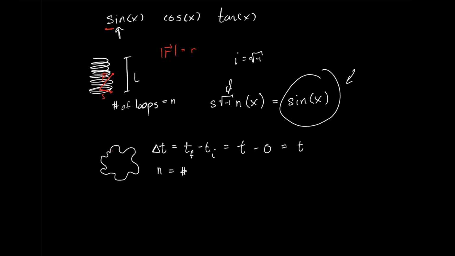this particle's path? So we have 1 there, we have 2 there, and then maybe you have 3, and so on and so forth. However many wavelengths we have, that's going to be equal to the number n in this case. And so what about a? Well, what about if a is the